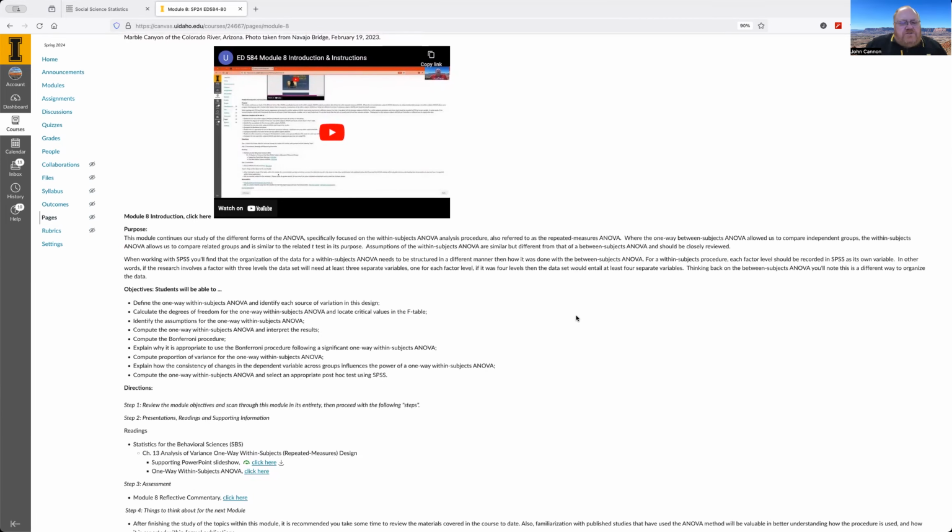This module continues our study of the different forms of the ANOVA, and we specifically focus on the within subjects ANOVA analysis procedure. This is also referred to as the repeated measures ANOVA, where the one way between subjects ANOVA allowed us to compare independent groups. The within subjects ANOVA allows us to compare related groups and is similar to the related t-test in its purpose. Assumptions of the within subjects ANOVA are similar but different from that of a between subjects ANOVA and should be